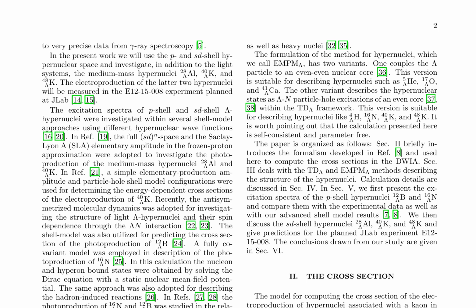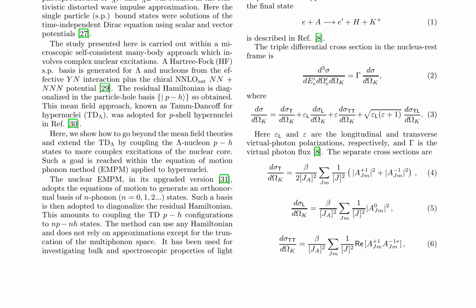These are computed using the TD lambda and EMPM lambda methods, which are suitable for describing hypernuclei such as ⁵ΛHe, ⁷ΛO, and ⁴ΛCa, as well as ⁴ΛH, ⁶ΛN, ⁴ΛK, and ⁴⁸ΛK. The calculation presented here is self-consistent and parameter-free, and the results are compared with experimental data and other shell model results. The paper also provides predictions for the planned JLab experiment